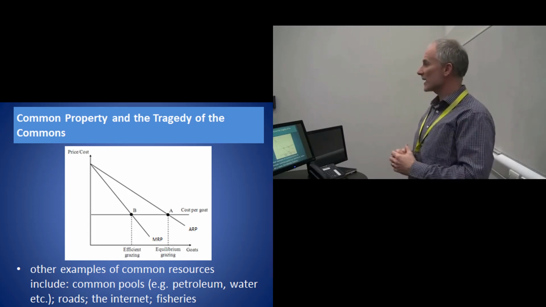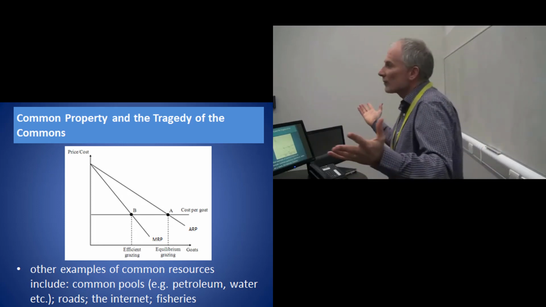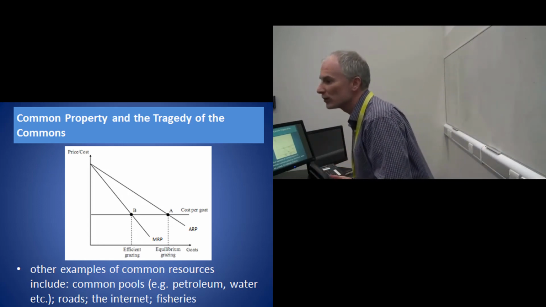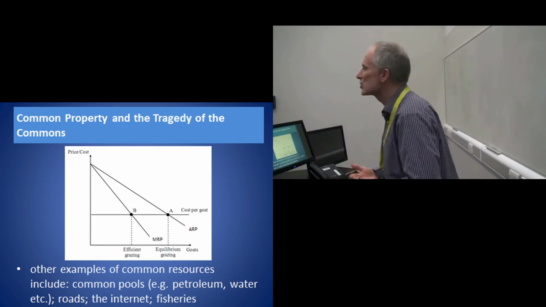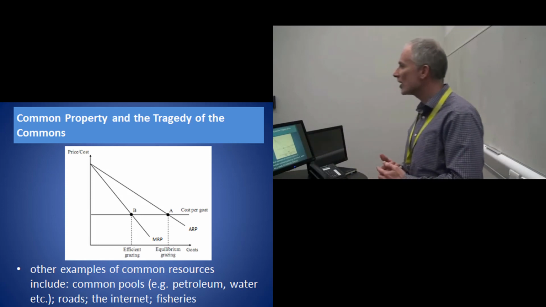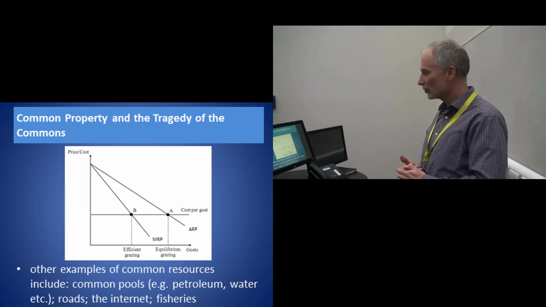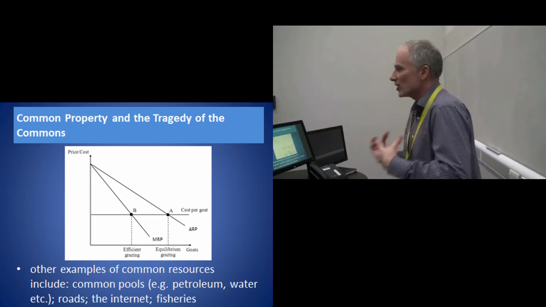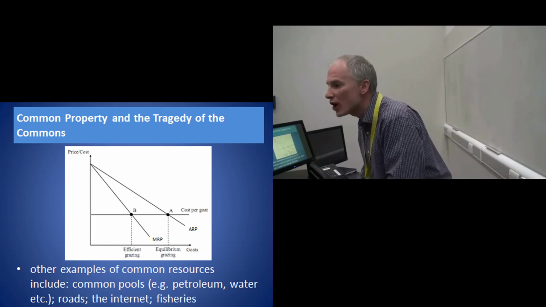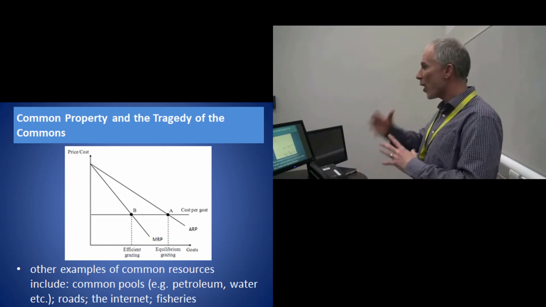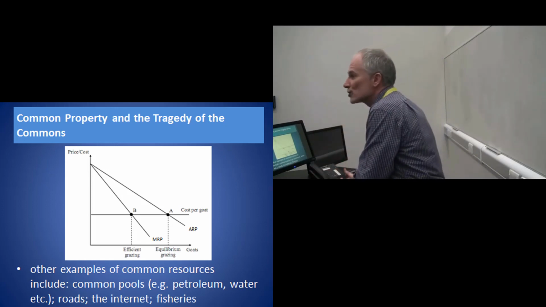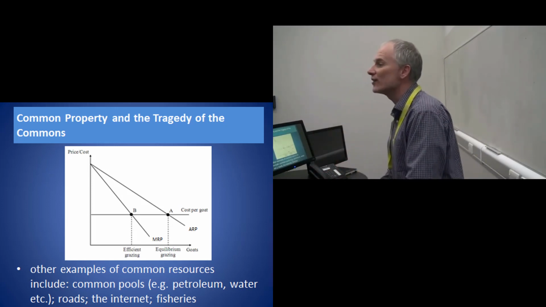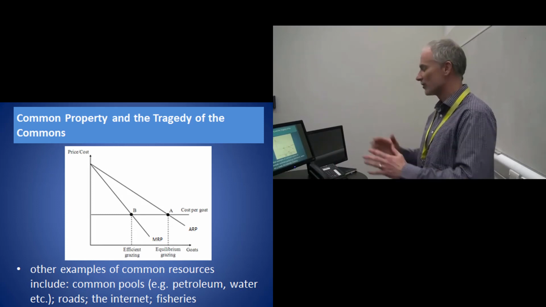Roads, again, a classic example. If you've got toll-free roads where people don't restrict access, what happens? You get congestion. Roads are overused. When you decide whether to drive on the road, what do you take into account? You take into account your own private costs and benefits, not the fact that you're imposing upon others. If you're using the road, others can't be using the road.